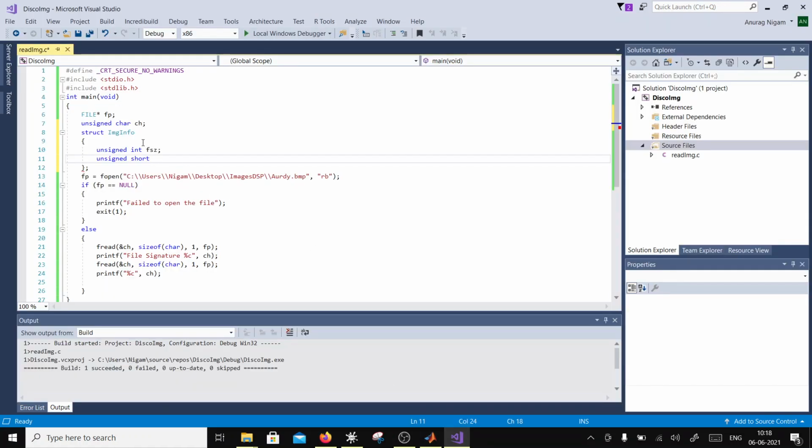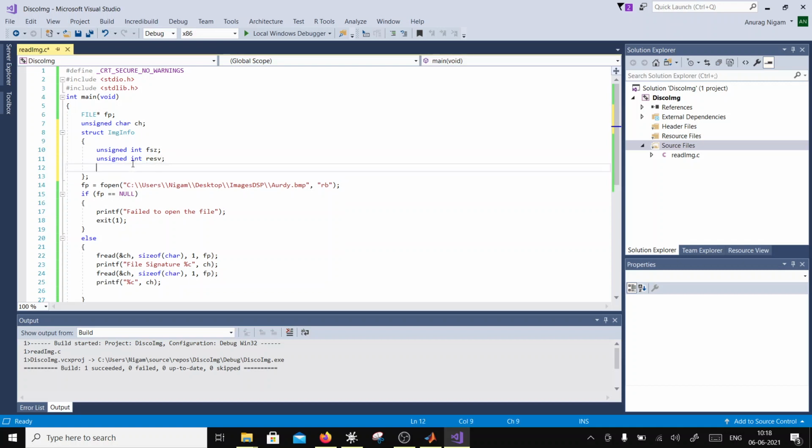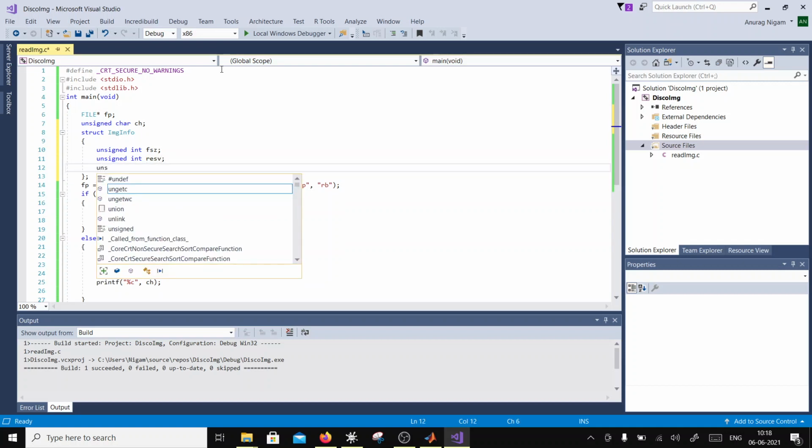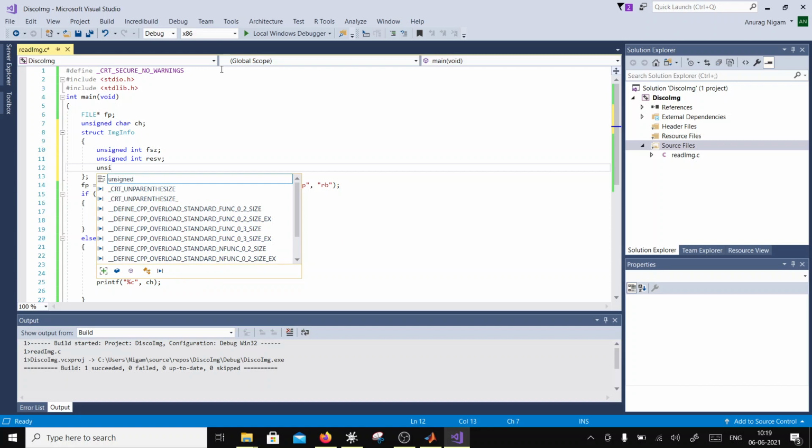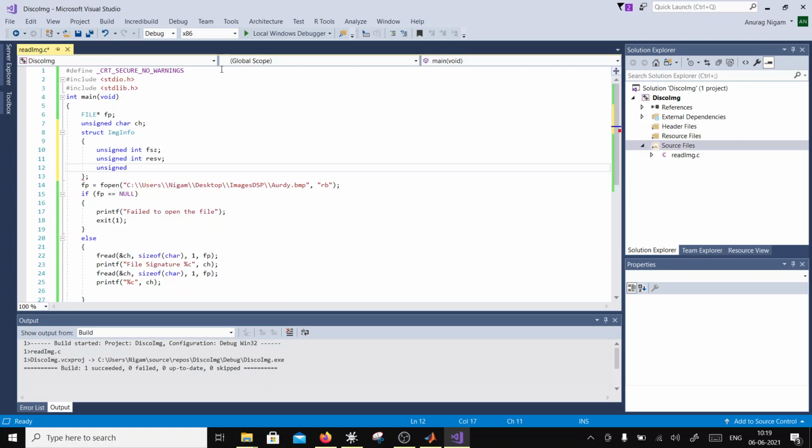So go here. Integer, that is resv, so that is mostly going to be 0. Then unsigned, and again it is going to be int, and I would say is img offset, correct?